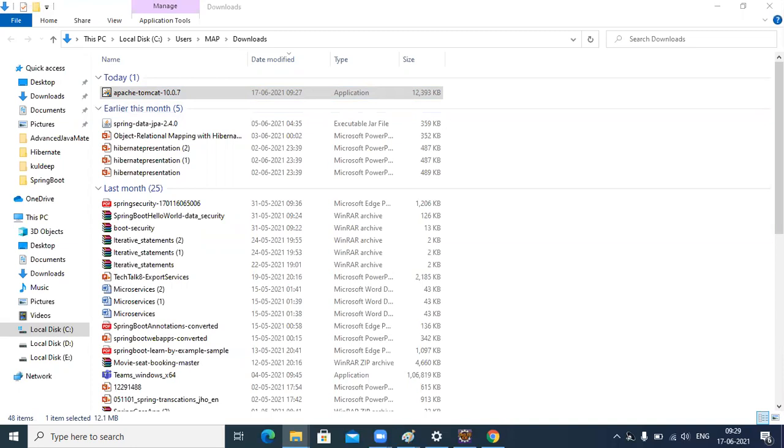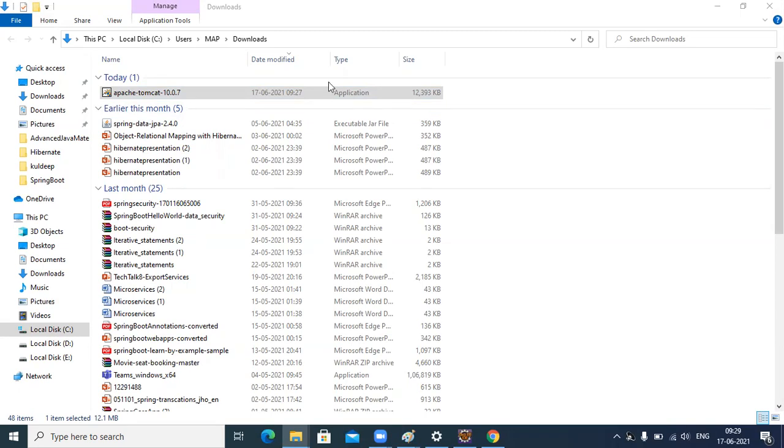I'm not sure yet, I'm checking right now. Usually by default it is 8080. If you have not customized, the default port is 8080.